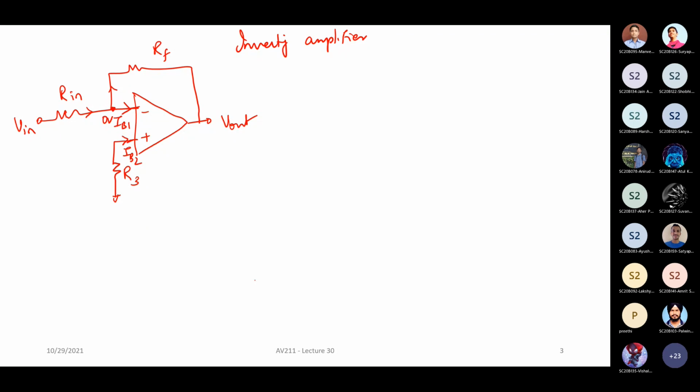Your V out can be written as, let's take the example of not connecting the input; we'll just ground it to understand it. By superposition, you can put the input and then take the results. So for an inverting amplifier, IB1 is drawn through Rn, and therefore V out can be written as IB times RF minus R3 times (1 plus RF by Rn).